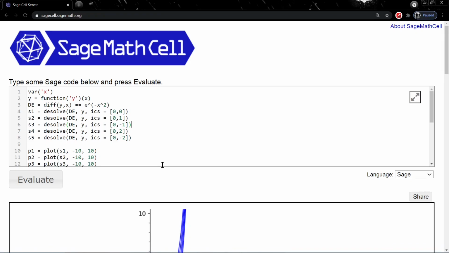After double clicking, a Jupyter Notebook will open in your web browser and we can input the commands similar to here in that Jupyter Notebook and we will get the results. However, we do not need any internet for this because we are not using the online version of Sage Math.